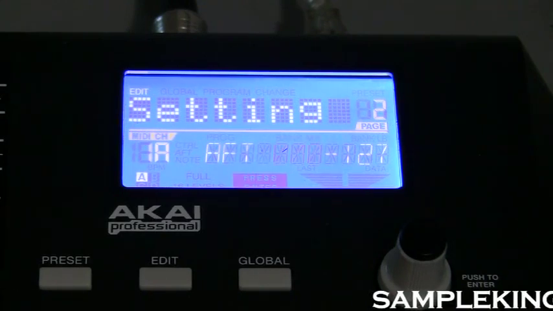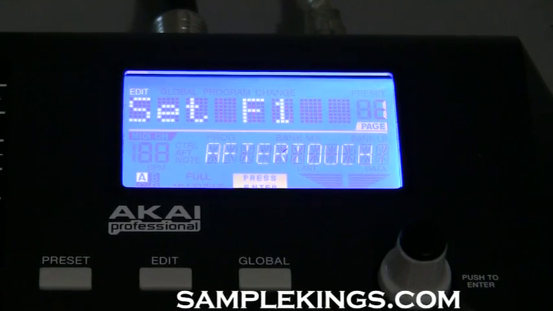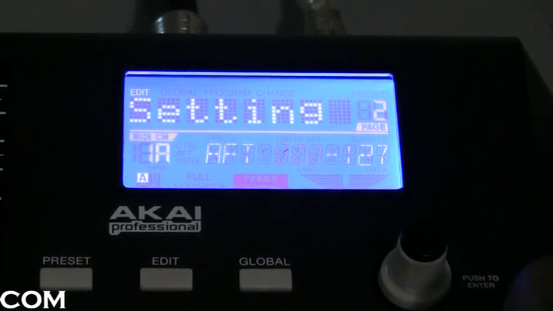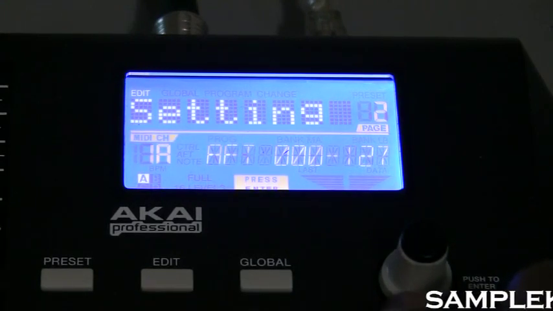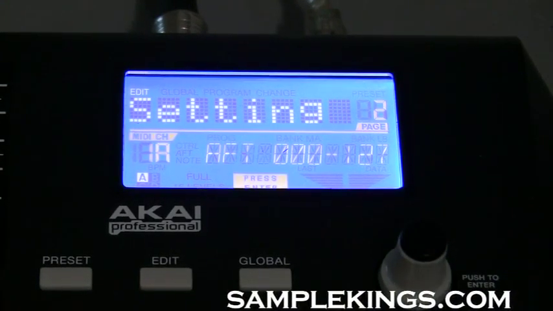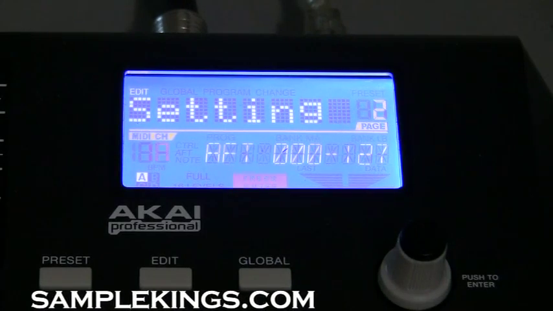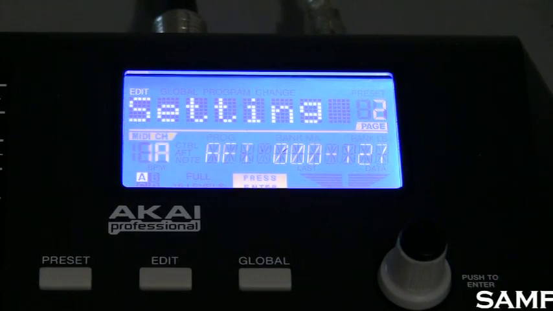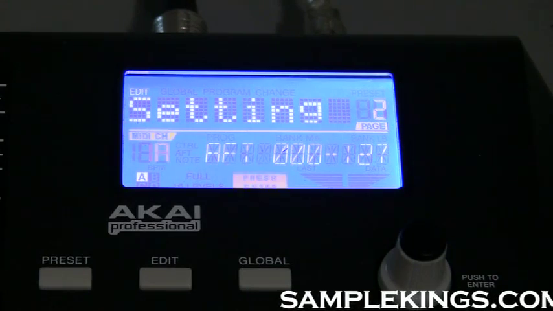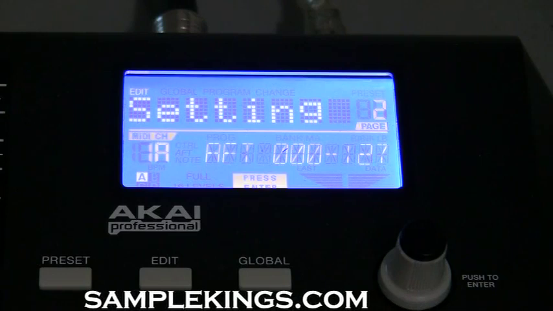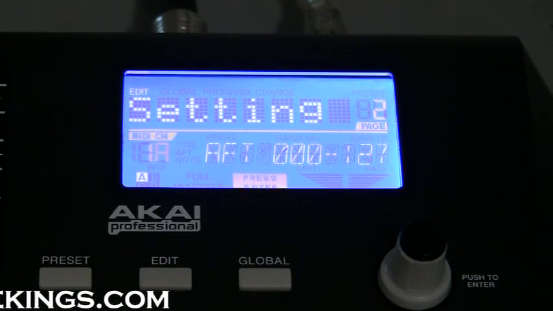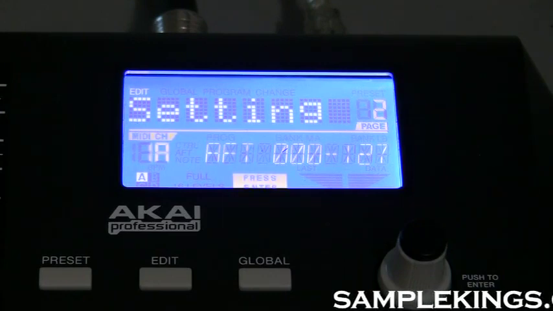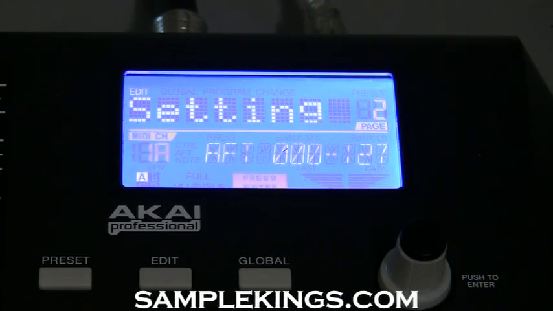Now, of course, our first parameter field here is the MIDI channel field. As we say before, as we keep saying each time, you can see this is the same thing that happens so much in every parameter we can edit. And we have this MIDI channel field because we need to send this to a particular MIDI channel, MIDI port, which is A or B, 1 through 16, neither A or B. Okay, so next,